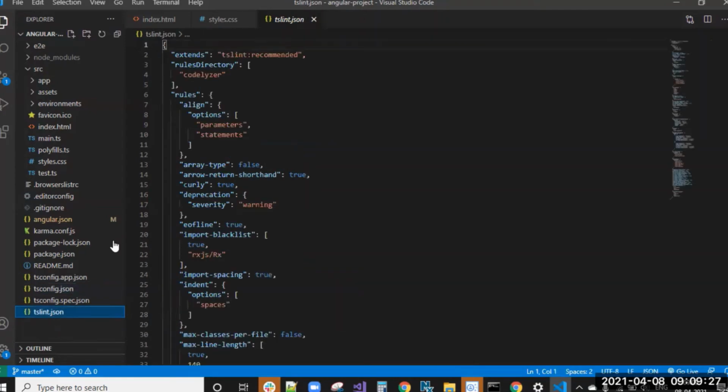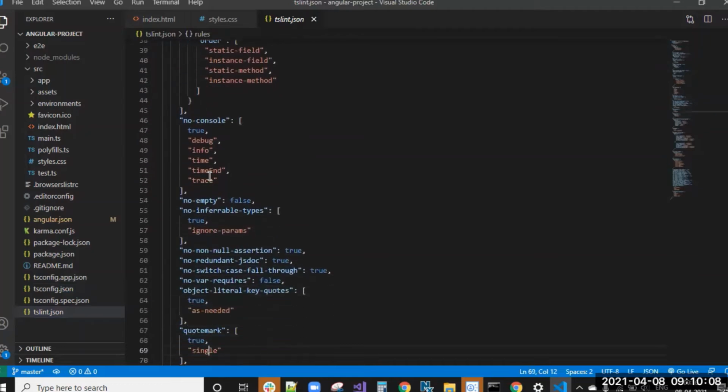Okay. tslint.json. It will check the errors in the TypeScript file. Sometimes you forget to put a comma or a semicolon. And for arrays, the elements inside need to be comma separated values. If you miss those commas, it will check everything, array type. So here curly true means if you open curly braces and do not write the closing curly braces, in that case npm run lint will give you the build issue. All the rules will be here only.